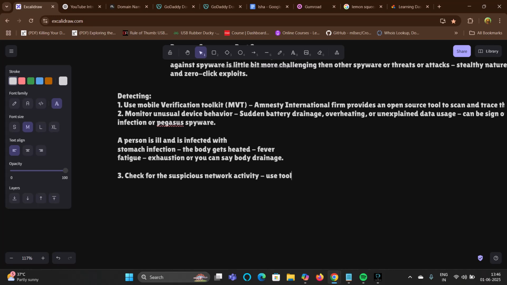You should always use tools like Wireshark to analyze network traffic for anomalies.